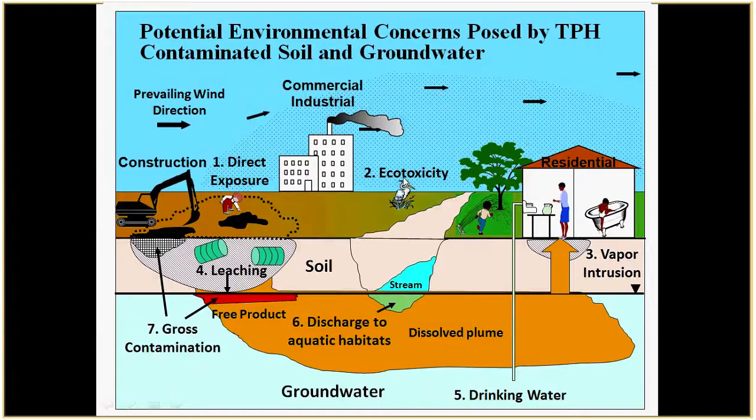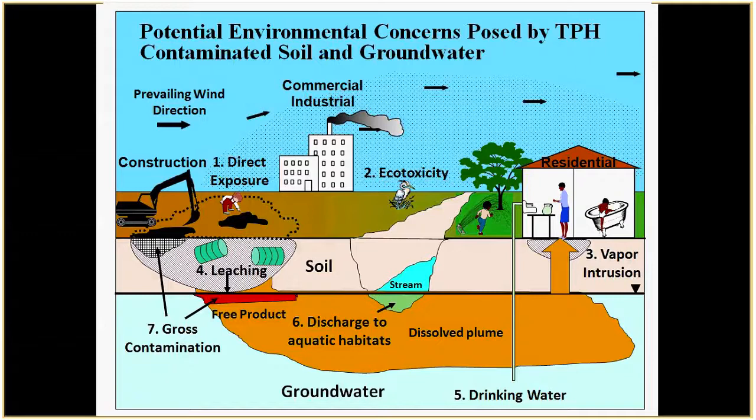Second common concern is ecotoxicity, flora and fauna. I've seen people try to develop some screening levels for ecotoxicity for petroleum, but it's really site dependent because flora and fauna are so different in different places. Third common potential environmental concern is vapor intrusion, where you have a building that's under lower pressure inside than outside with gaps in the floor. It can pull vapors up through the floor of the building, intrude into the building, and impact indoor air. Now, what we've seen in studies, and there's a lot published on this, is that this is especially a concern when you have LNAPL or free product in soil or in groundwater within 15 or even maybe 30 feet of the base of a building.